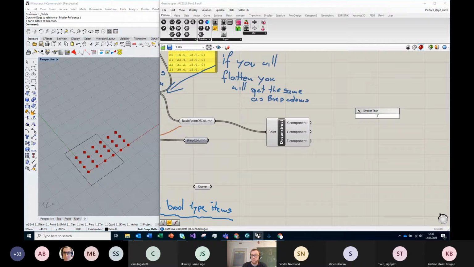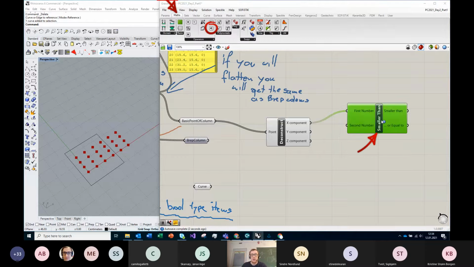I will click enter. So this is kind of important to find. It's like smaller or bigger. You choose smaller, and I connect it with this. You will find those operations in the